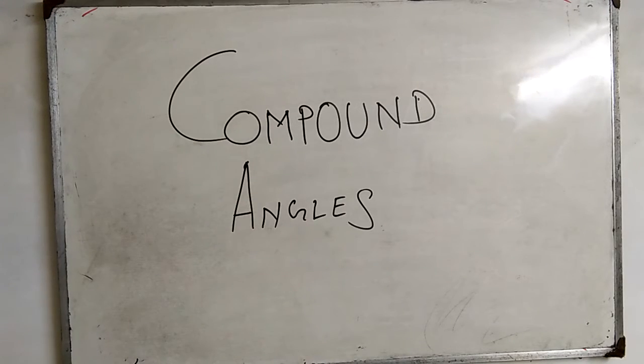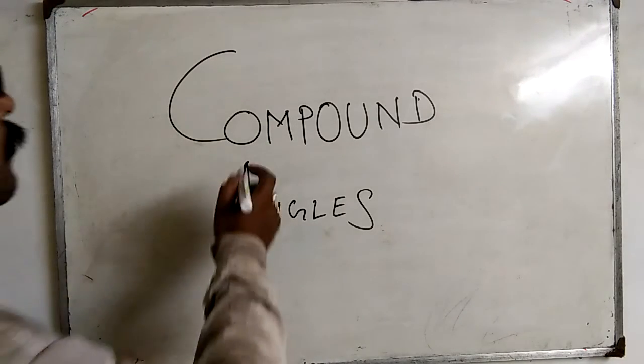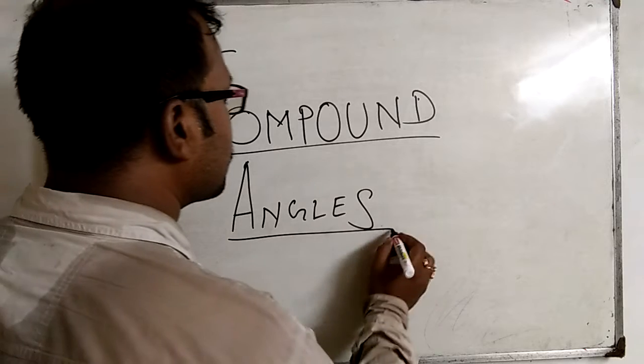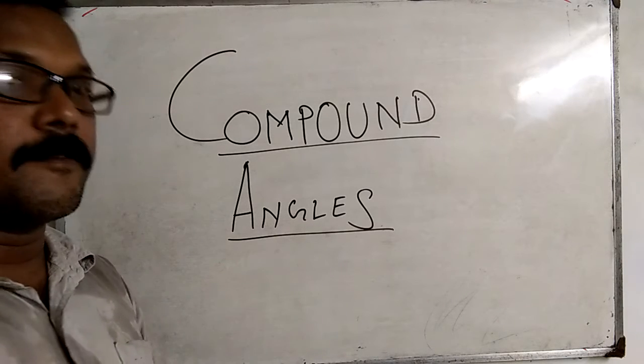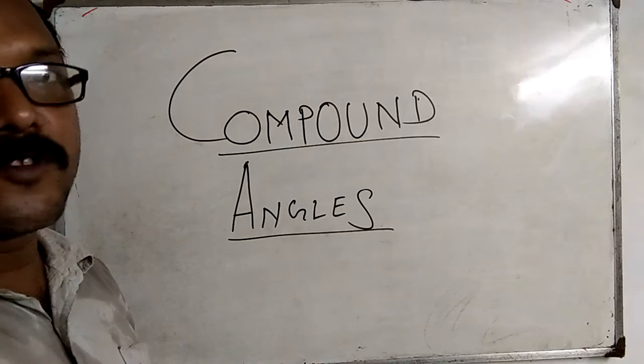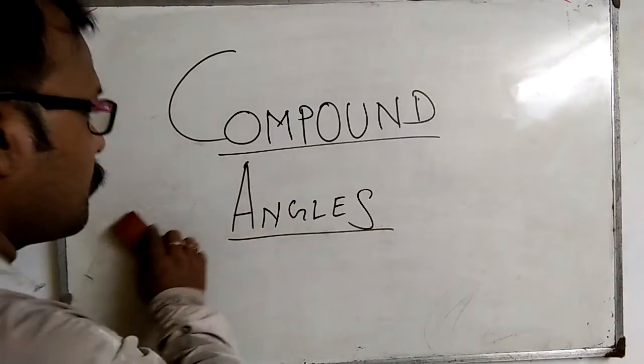আজ শুরু করছি কম্পাউন্ড অ্যাঙ্গেলস, ত্রিকোণমিতির যে বেসিক চ্যাপ্টার, এবং এই চ্যাপ্টারের ফর্মুলা দিয়ে সমস্ত ত্রিকোণমিতির অঙ্ক হবে, প্রবলেম সলভ হবে। শুরু করছি আজ।